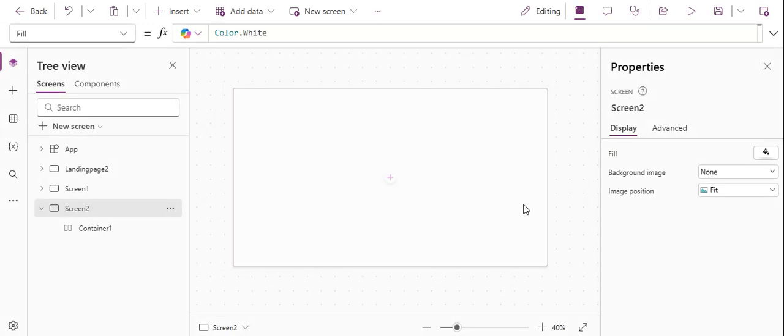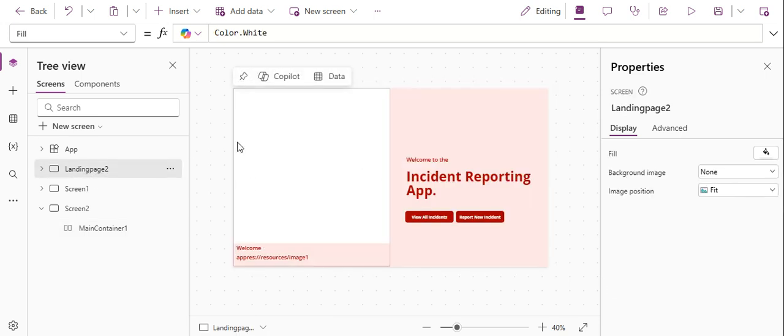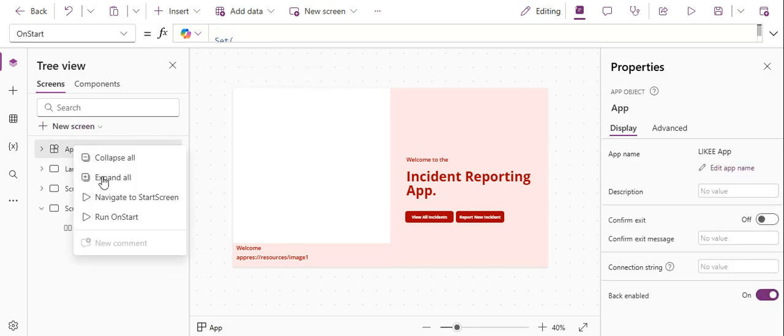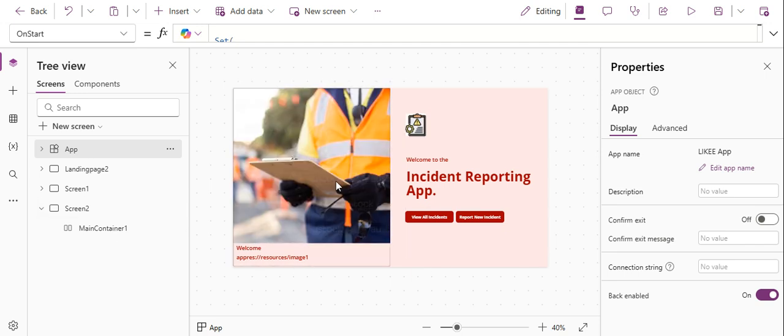So we can name this just for reference sake. You can change this and name it, you can call it something. Let me call it main container, to be housing the left and the right container. So this is our main container. So you can see from this we have the left and the right. So let me try and run my app on start. Alright, so we have the left and the right container. The left container is housing our image control, and the right side is where we write our text and our